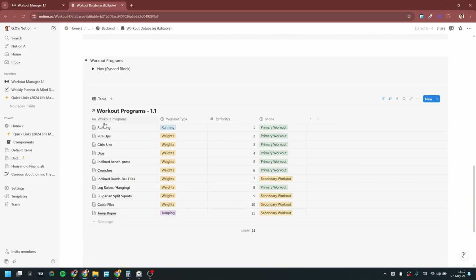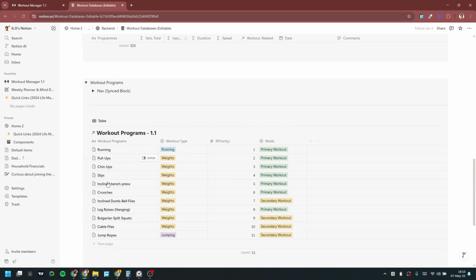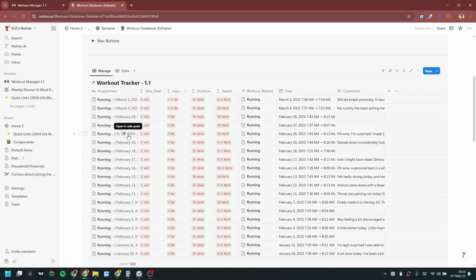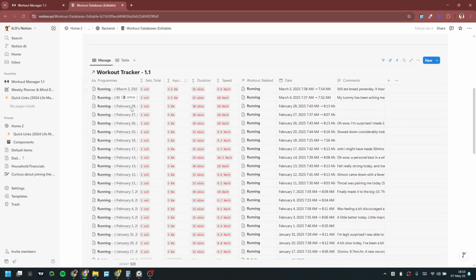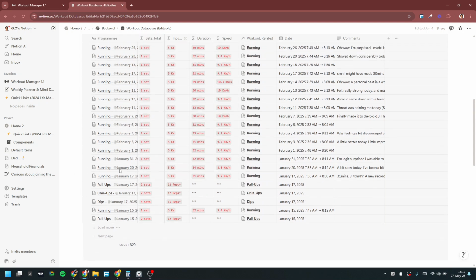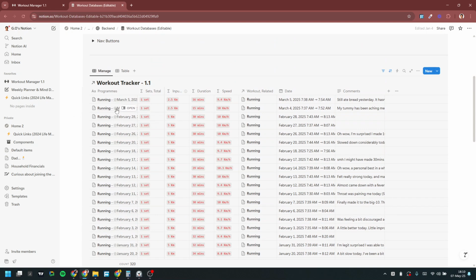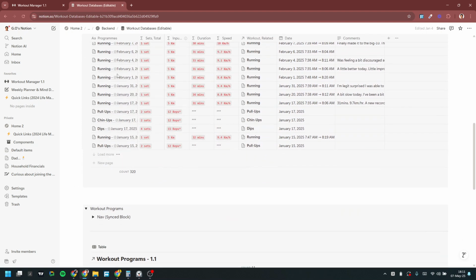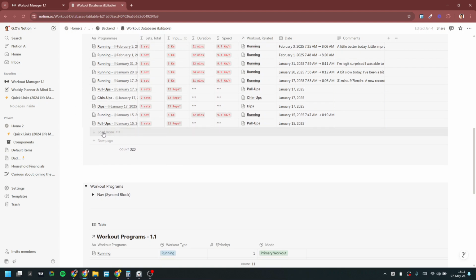Then we have the actual workout programs. So each program, when you open them, is related to an entry, as you can see. This is the relation here, and I think all of these are running, but that's because it's the most recent. I kind of stopped recording this on the 5th of March. Life kind of happened, but I was typically running about 5 kilometers every day. But before then, if I keep loading this, you would see other entries,